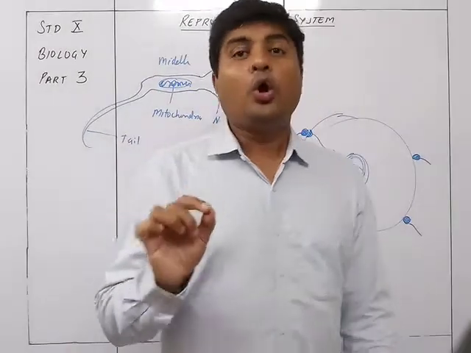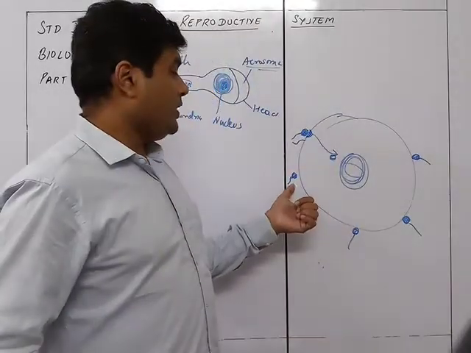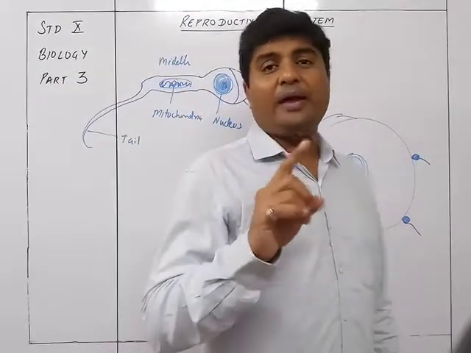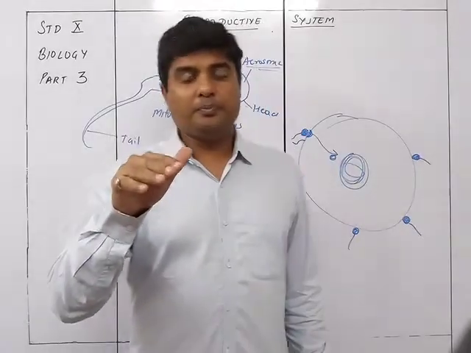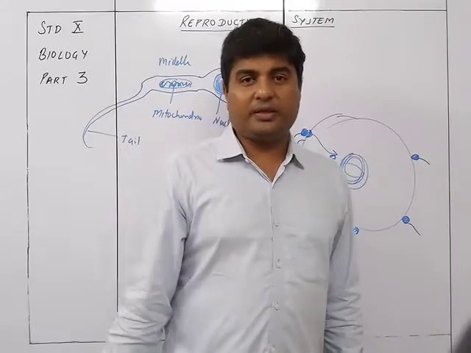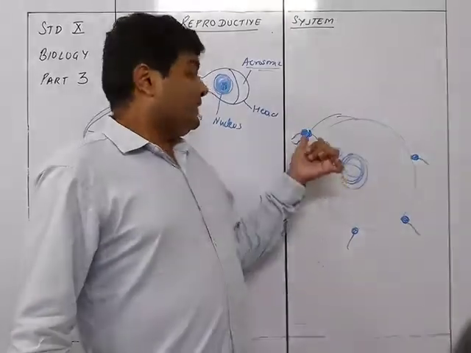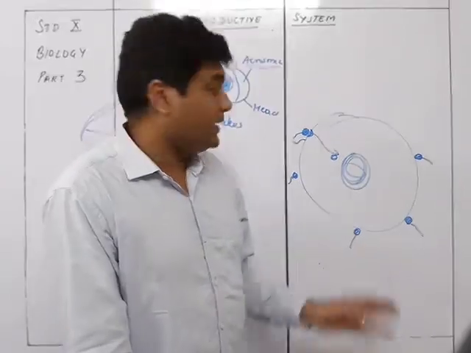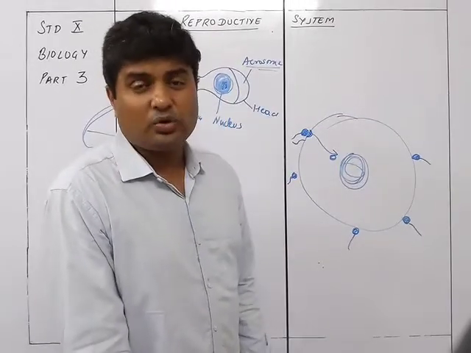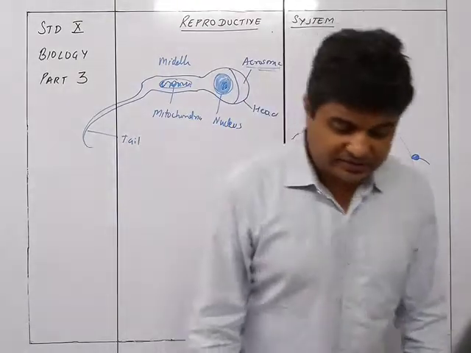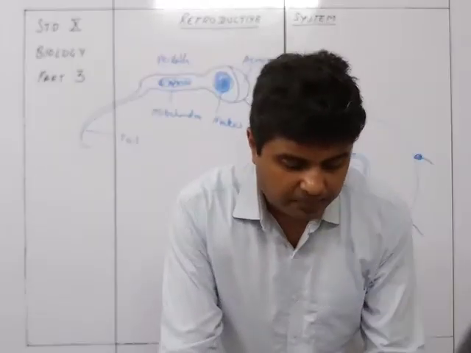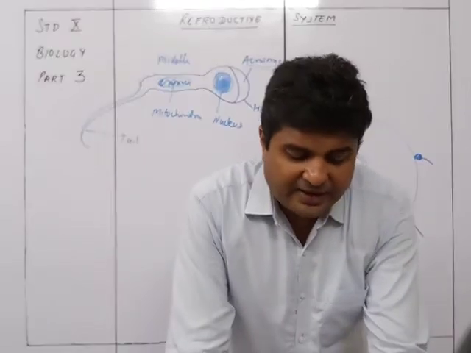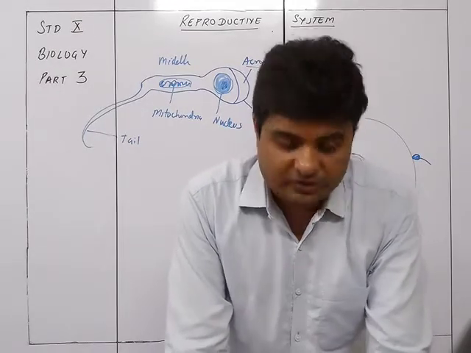So at a time, even if many reach together, only one sperm will have the opportunity to dissolve the walls of the egg and allow the nucleus to enter into this egg. So it is this way that the acrosome of the head secretes the enzyme which facilitates entry of the sperm into the egg by dissolving the walls of the ovum.